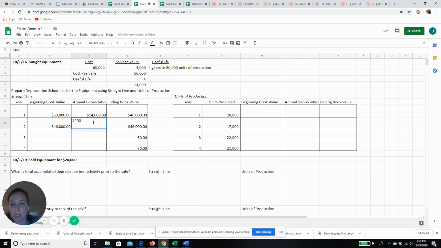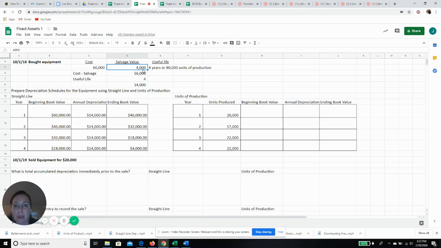Minus my annual depreciation of 14,000 gives me an ending book value for year 2 of 32,000, which then becomes my beginning book value for year 3. Minus 14,000 annual depreciation gives me an ending book value for year 3 of 18,000, which becomes my beginning book value for year 4. Minus 14,000 gives me an ending book value at the end of year 4 of $4,000, which exactly matches